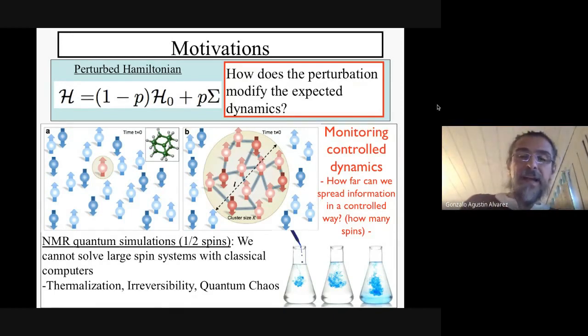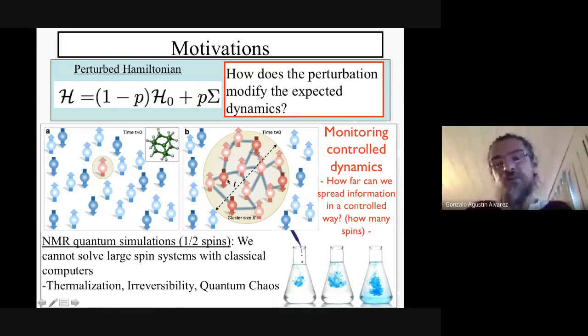Okay, so this paradigmatic experiment that we use to answer this question is that we can do experiments where we can create some kind of local information. This is what is shown here with this red spin. And what we will do, with this H0 Hamiltonian, is control the dynamic evolution to propagate this information into a cluster of correlated spins that I will call K. I will create quantum superposition between several spins where the information will be propagated by this H0 Hamiltonian. What I want to study is how this information can be propagated through the network, but in a controlled way. And I want to understand how many spins I can propagate this information to in a controlled way. Okay? This problem is very similar